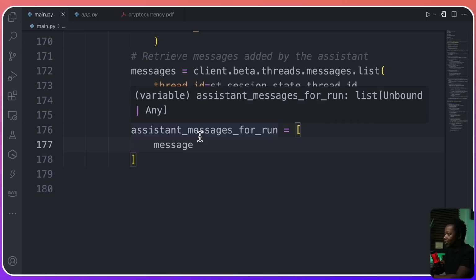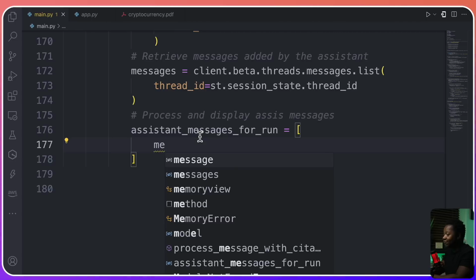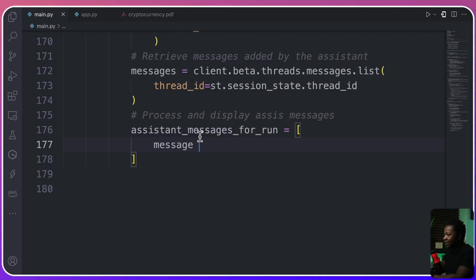Okay, that's very important. And then we're going to actually pass a for loop inside here, which is pretty cool, for message in. Okay, say message. So we pass a message first, and then on another index here, we're going to do